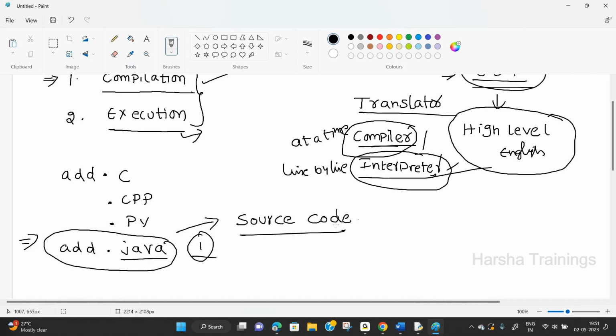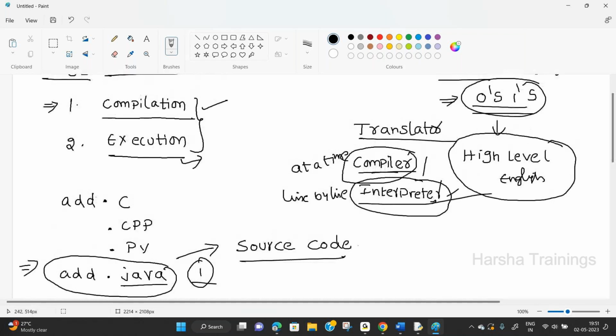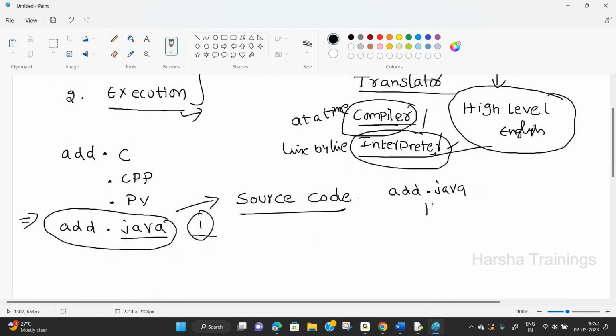Now internally, see this one. Once the source code enters compilation, what does it generate? My source code is Java. Briefly, not a diagram. After completion of stage 1, that is compilation, it produces .class. The extension is modified automatically. This is called source code and this is called bytecode.